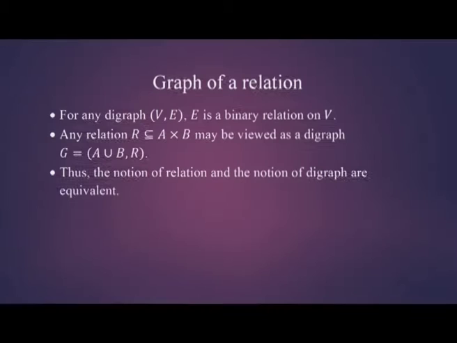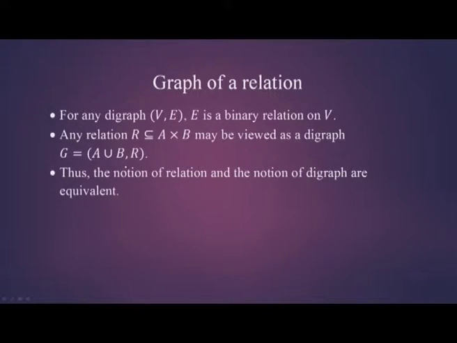Now, here there is something we have to note, that sometimes instead of a relation on a set A, we would like to look at a more general situation where we are talking about relations from A to B, and that also does not make much difference over here, because what we can do is the set of vertices can be chosen to be the union of the two sets A and B. That is, suppose I have a relation from A to B, I may choose the set of vertices to be union of A and B, and then I can